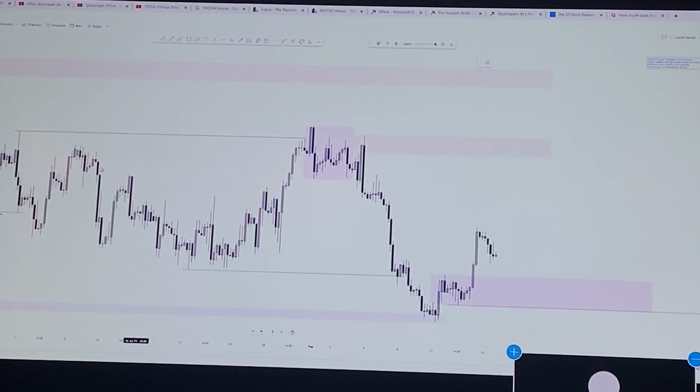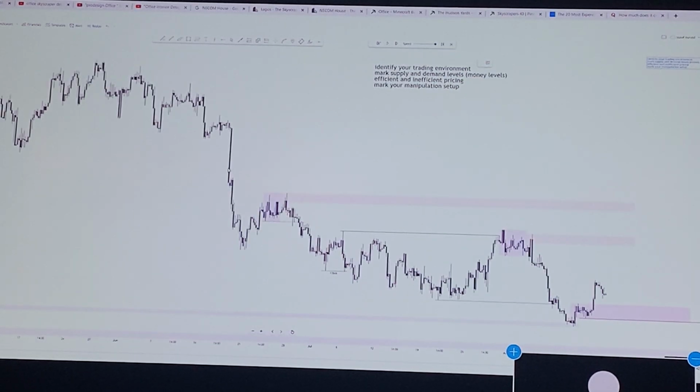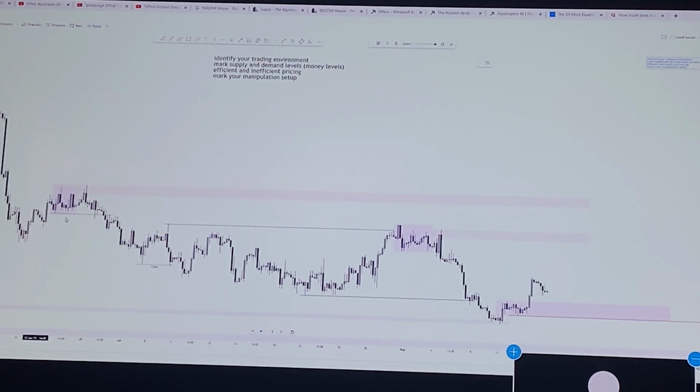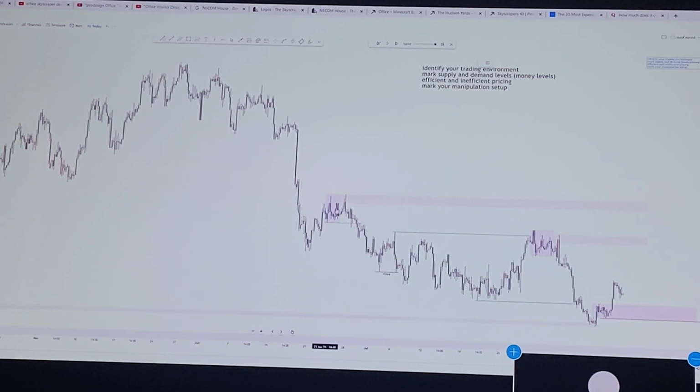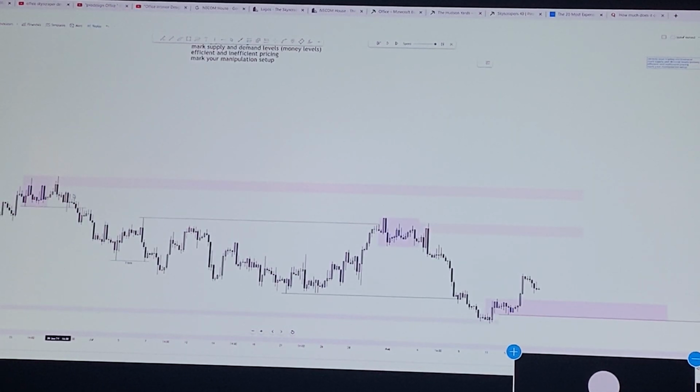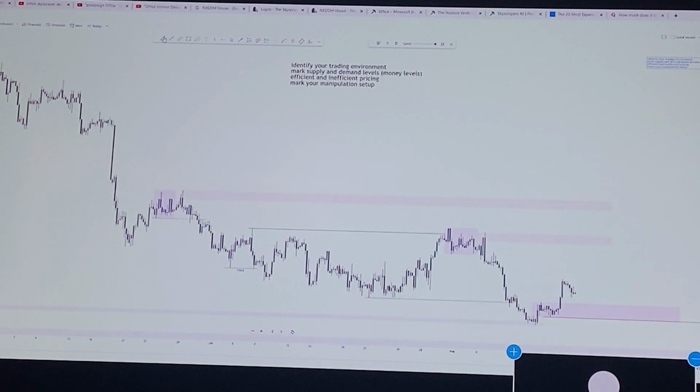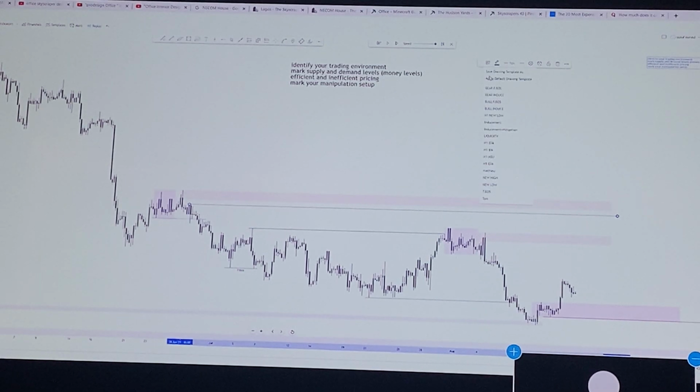So now here we are on the 4-hour time frame. We already understand our trading environment. Looking at the 4-hour time frame, if you look at this supply we marked from the daily, and how 4-hour is efficient, and how we have liquidity built. Remember the Rhino wick we had here, right? Turns out that on the 4-hour we also have liquidity here, which is the last high before the main high, right? So that's the money level